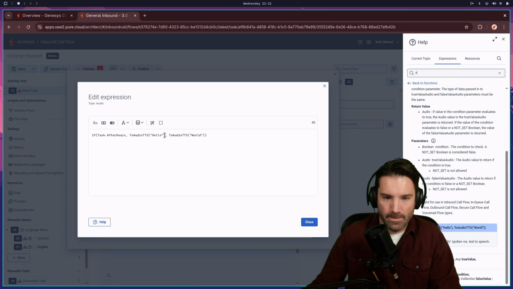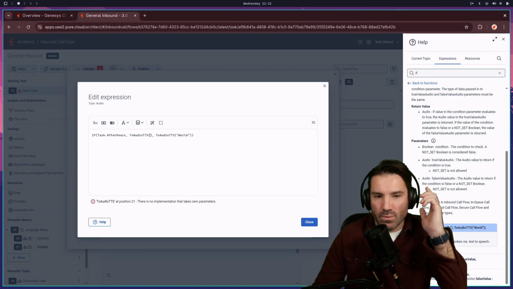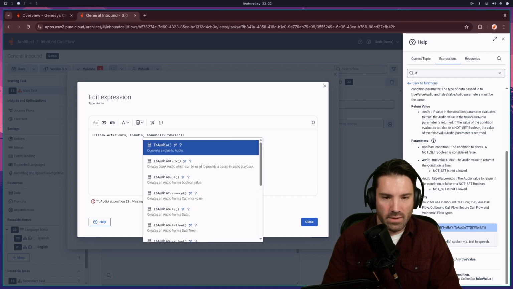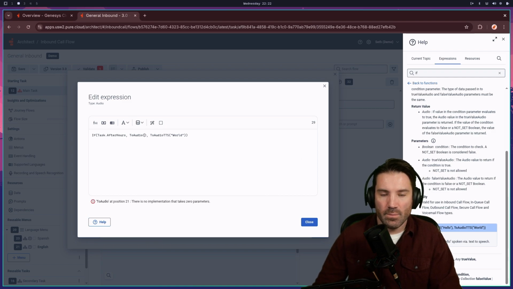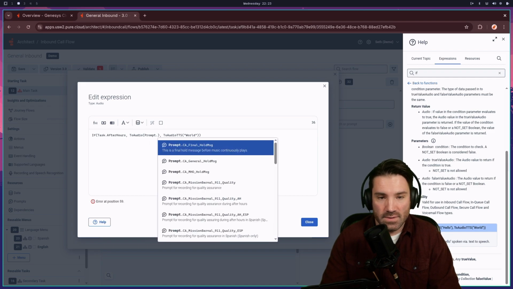So let me get in here. Within this field, right now it was doing audio TTS. We don't want the audio TTS one. There is another one, which is just to audio. And this is a function, but obviously not expecting a string in the middle anymore, because that would be the to audio TTS. Now to audio is just going to be expecting an actual prompt variable type, and prompts can be referenced in that way. So what we would do is start to type prompt dot,